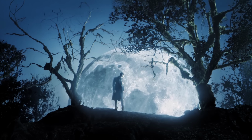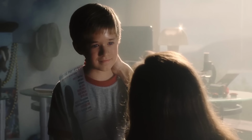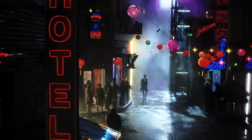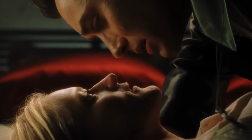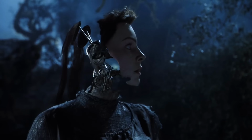But now let's travel to the 22nd century, perhaps one of Spielberg's greatest classics. AI Artificial Intelligence tells the story of a robot child longing to be loved, set in a reality that seems more believable now than it did 20 years ago. Realistic humanoid robots? Check. Using AI in the filthiest ways imaginable? Check. When it came time for this iconic shot,